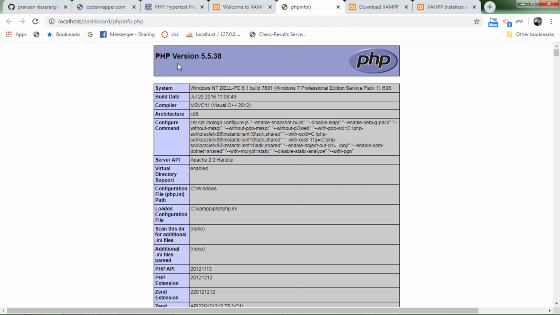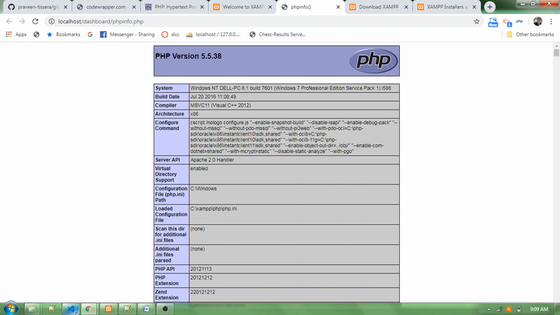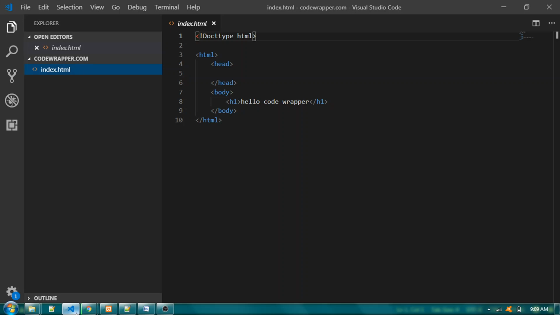Right, so I hope you understood the setup that you need to implement before you work with PHP. So the next step is we are going to write a small PHP script and save it in the XAMPP web environment. For that I need a text editor. So I'm using Visual Studio Code,